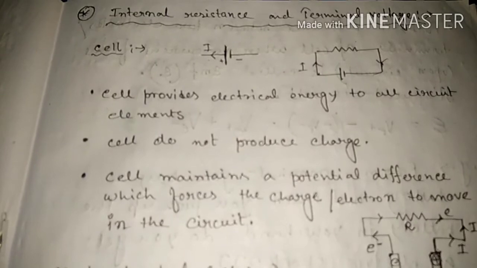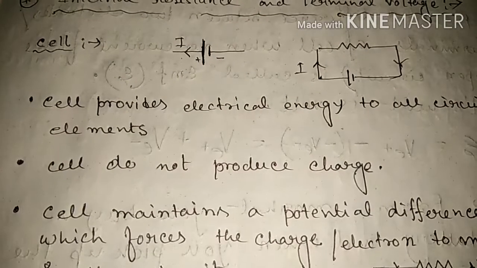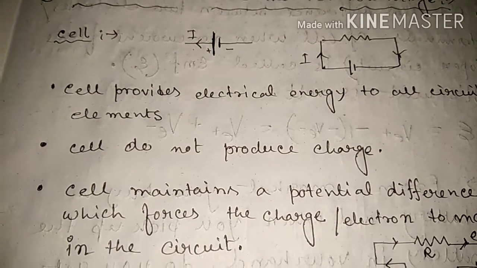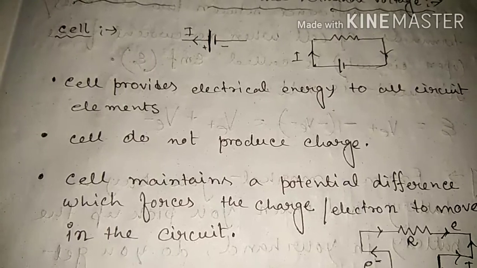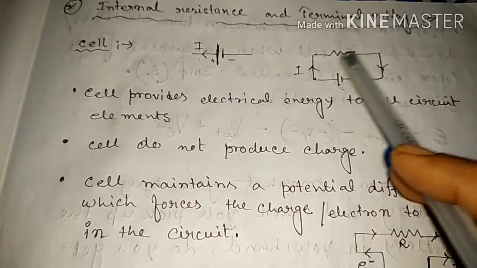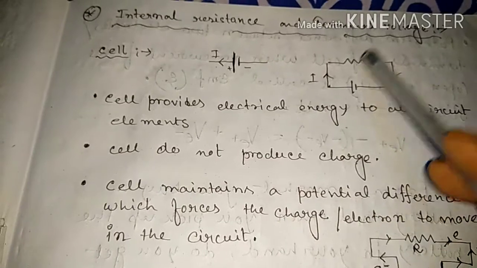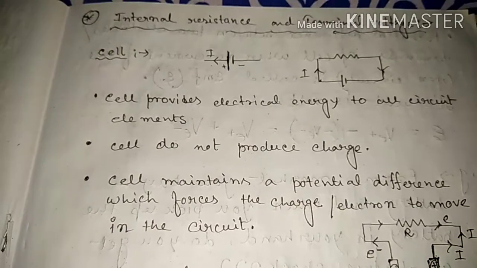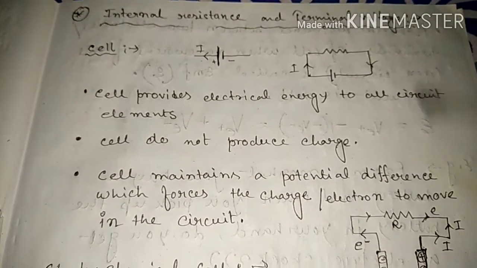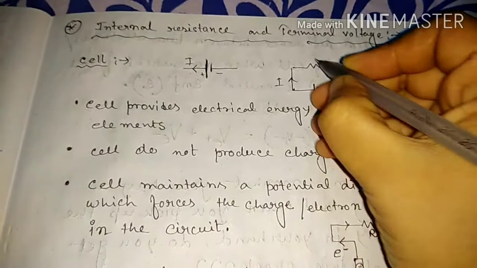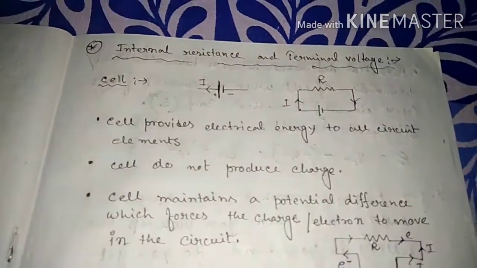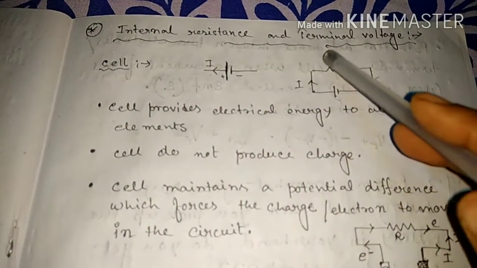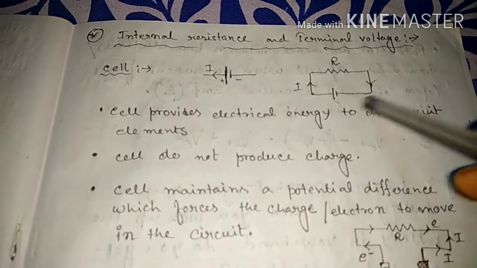This is a diagram of a cell. One is a positive terminal, another is a negative terminal, and we know that current flows from the positive terminal to the negative terminal. If we connect a resistance, and in place of the resistance we can connect anything, bulb, fan, whatever electrical device, then the current gets a closed path. So current flows, if it is a bulb, then the bulb glows. This is a closed path.